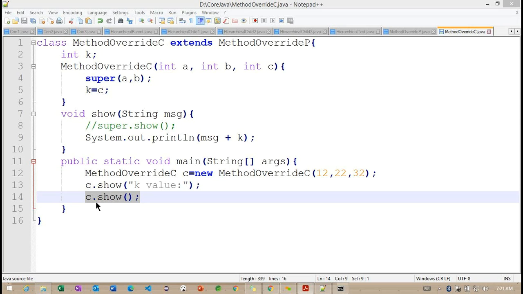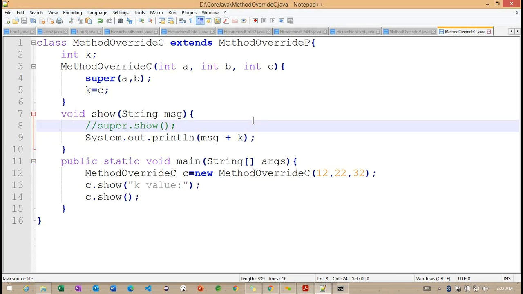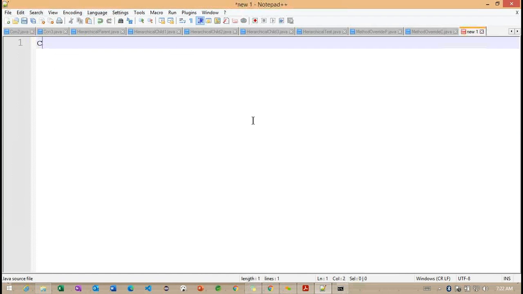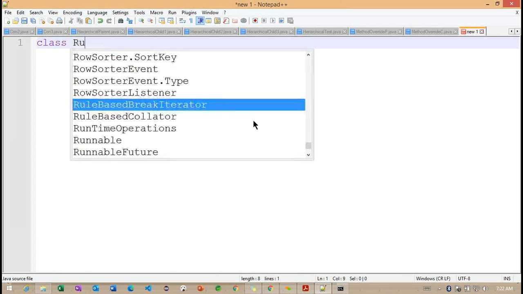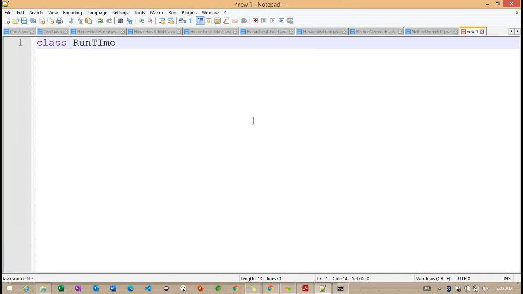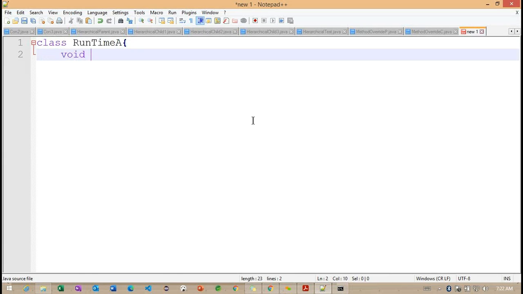Now we need to understand a simple example here. To understand runtime polymorphism and how the compiler decides at runtime which method we want to call, I'm trying to work with one more example. I'm working with a runtime A class here. Getting the point.